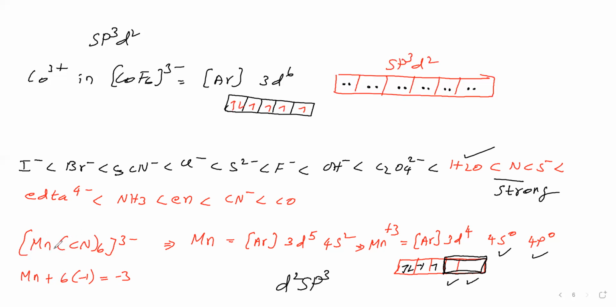Therefore, it is paramagnetic. In this complex, central metal hybridization is d2sp3. It is coming under inner orbital complex. The shape is octahedral here. Okay, so like this we can say. So we said these factors by seeing the ligand field strength. This cyanide is coming after water, therefore cyanide is a strong field ligand. Therefore, we have to force the electrons to go for pairing. Like that, we came to know it.